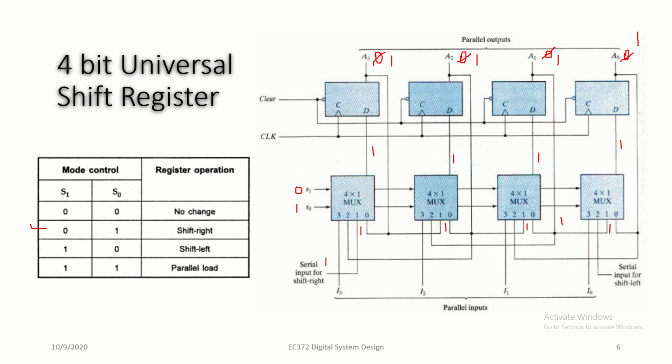So after the 4 clock pulses, this would be the output. Now you just see how this shift input is shifted. It is shifted towards the right side. Okay, it is shifted towards the right. So we can say that it is performing the simple shift right operation. Okay. Now we'll see the next,